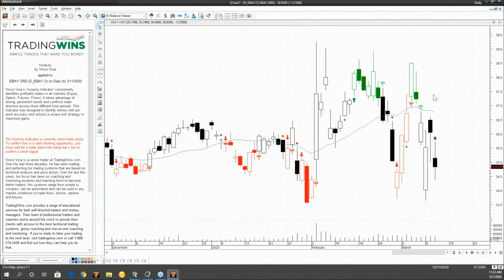So if we were going to make a trade on this one, you can go in and put a limit order. Make sure you put your limit order entry at the low. So you put it in at 34.35 if you want to be exact. As long as it crosses below that price, then that would be your entry.